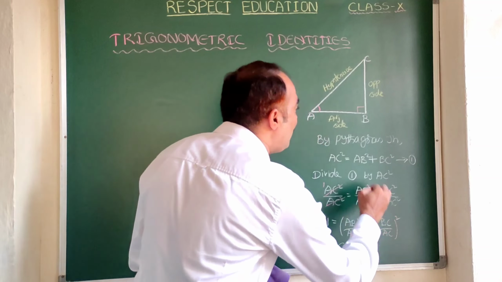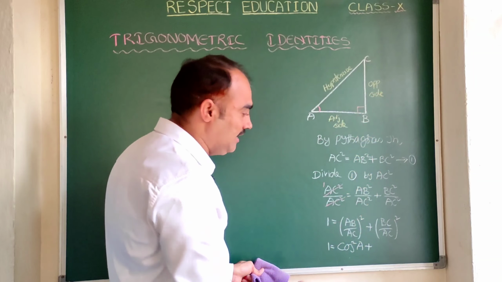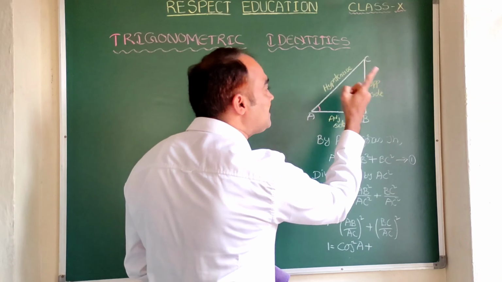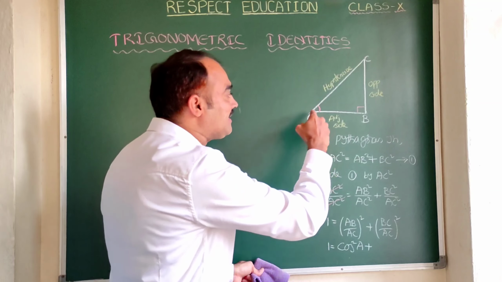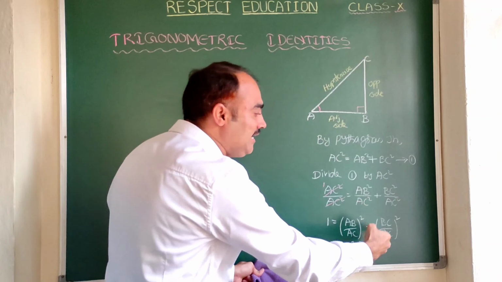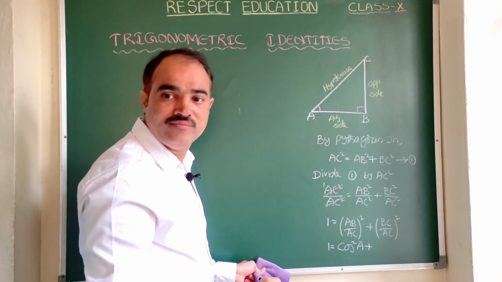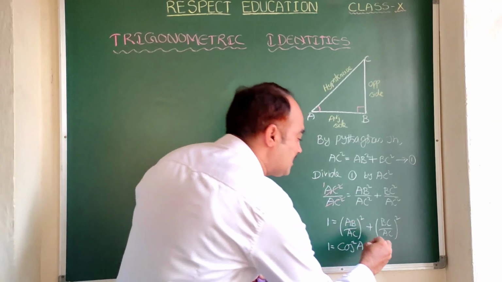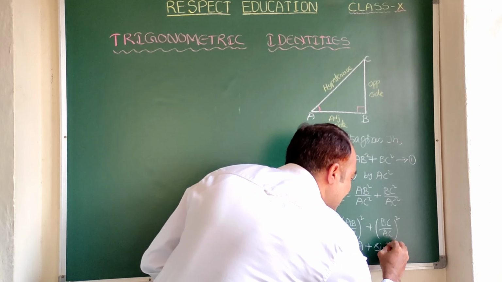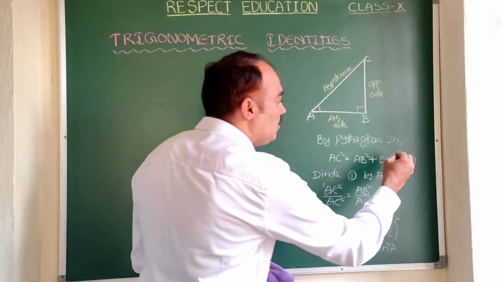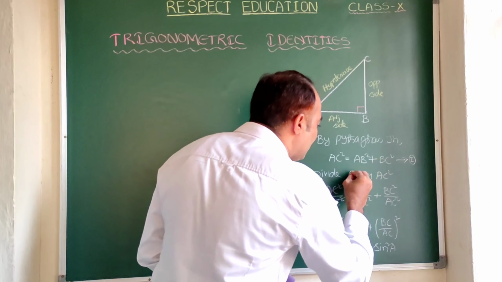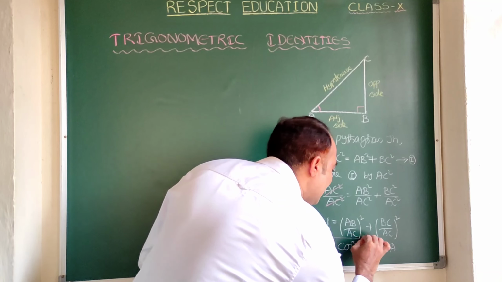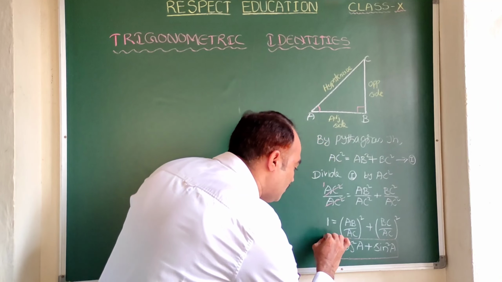Plus, here you see what is BC? Opposite side. By what is AC? Hypotenuse. Which ratio is opposite side by hypotenuse? Sin theta. Here theta is at A, so it is sin A whole square. What is sin A whole square? Sin square A. Is it sin A square? No, it is sin square A. Is it clear? Yes, so let us take this as Roman number 1. And at present, consider cos square A plus sin square A is equal to 1.